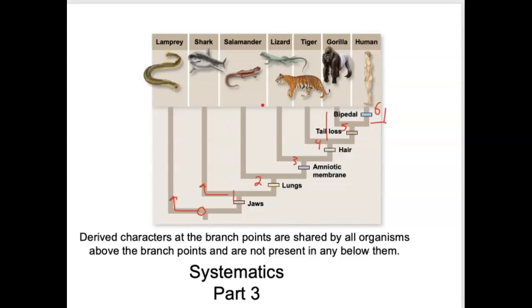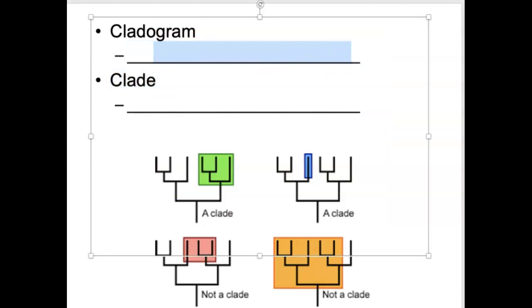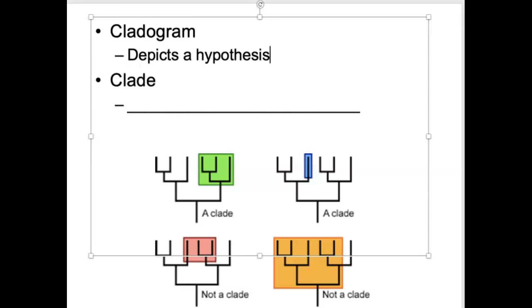Okay, so we keep doing this. We keep expanding our knowledge and growing these trees. So what we're creating are different visual representations of the relatedness. So the cladogram, when we build this, depicts a hypothesis. And I want to underline this and put it in bold to really emphasize. Hopefully you guys all remember what a hypothesis is. It's an educated guess. It's a prediction, an idea, etc. It's a hypothesis